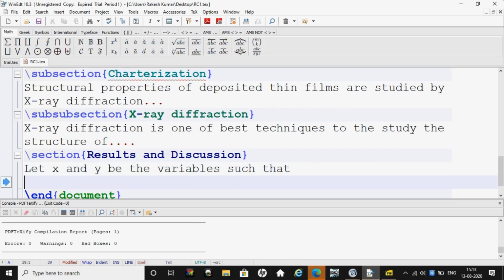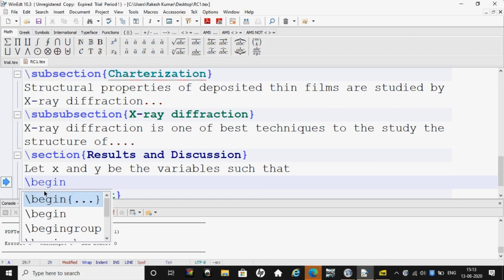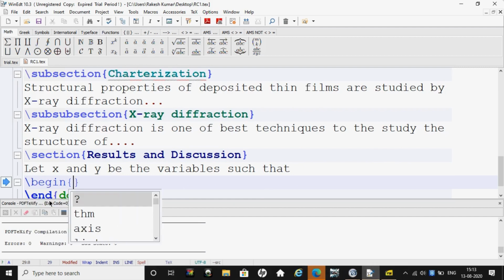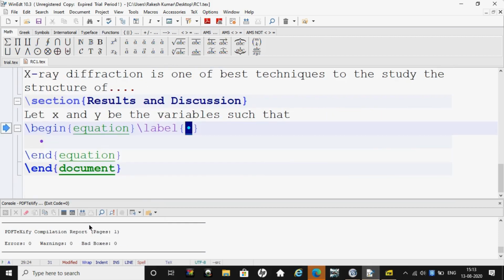Now we have to start the equation. For that we have to use the command \begin{equation}. As we have to use this equation in referencing, we have to label this equation also. So we are going to label this equation as equation 1, and now we have to write the actual equation between begin and end equation. So that is 3x plus 2y is equal to 1,